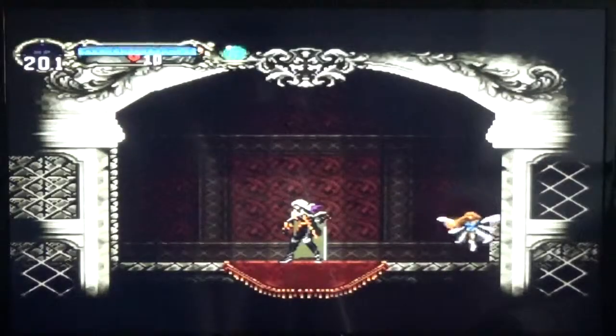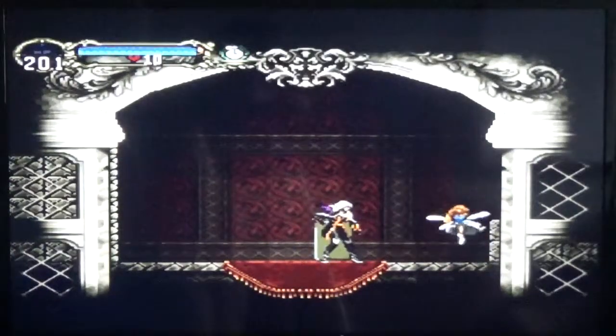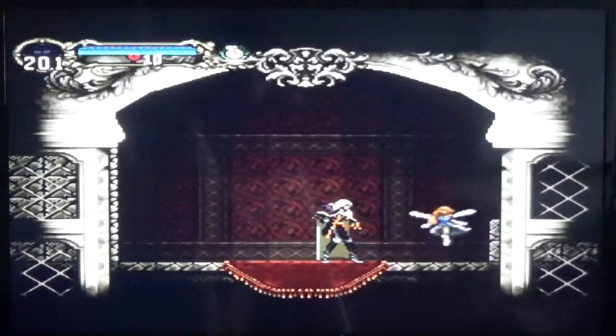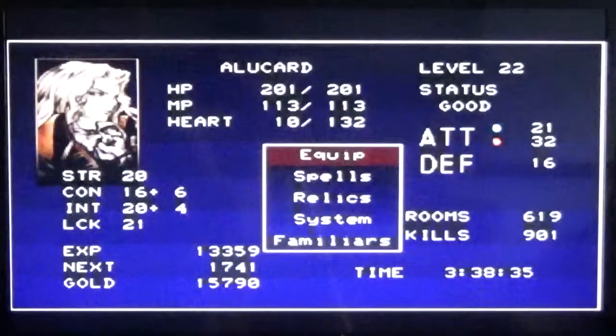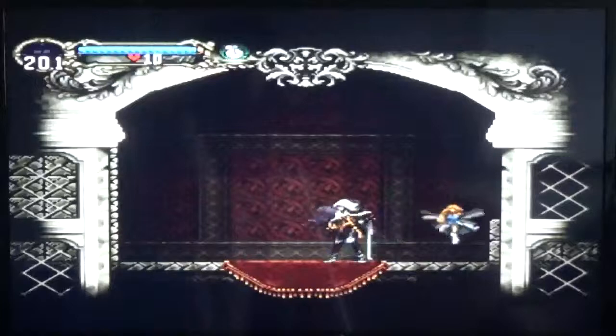Now, the first thing that you'll notice that is different about this is that I actually got a couple power-ups off screen, one of them being this little person right here. This is the fairy familiar that I got in the hidden library, but I actually needed something in the hidden library in order to even get this. So that thing that I got was